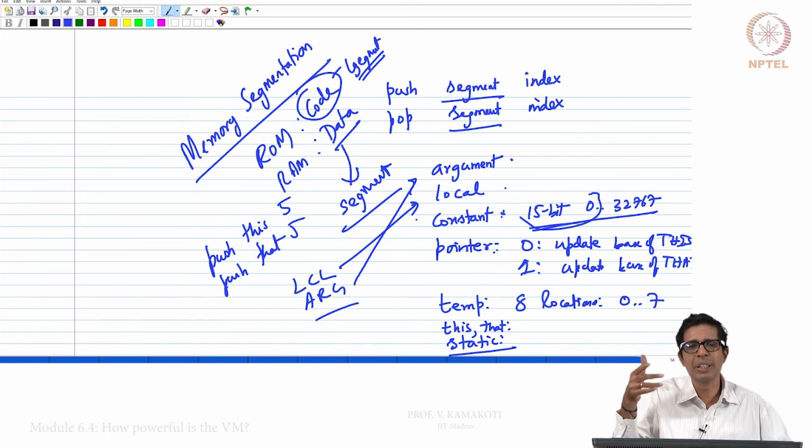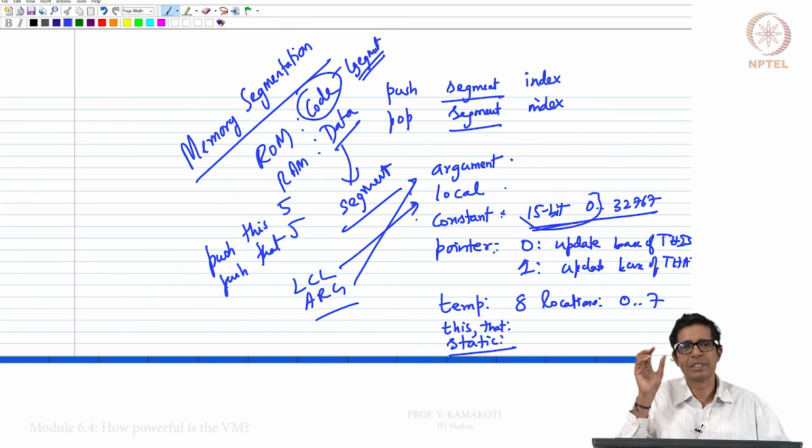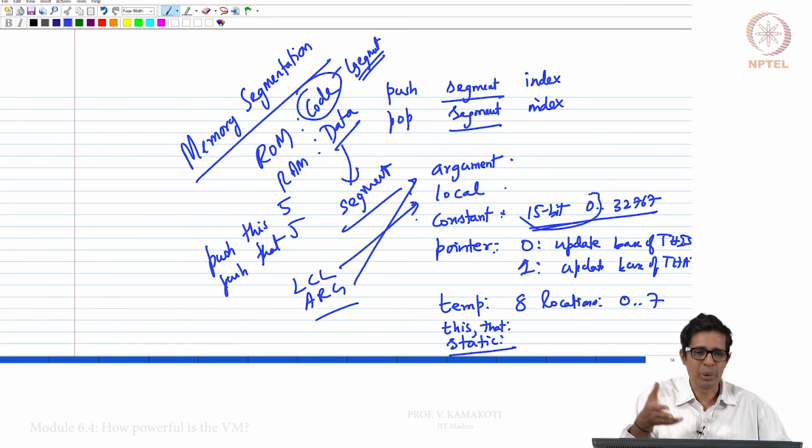So what we will do in the subsequent 2 modules is see how each one of these instructions, we will take add, all the ALU instructions, all the function calls, all the memory access, all the 17 instructions, how I can translate each into the corresponding mnemonic, and that is what we will start seeing in the next 2 modules, module 6.5 and module 6.6.